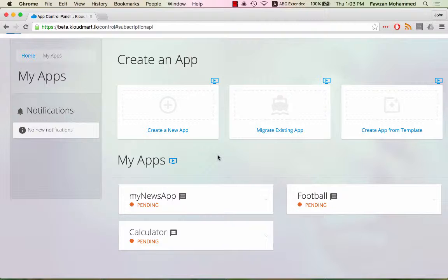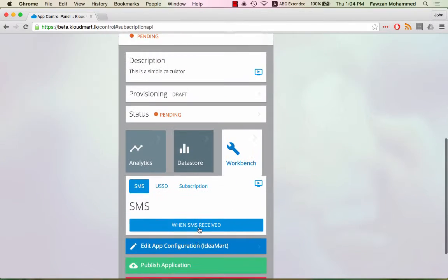Once you create an application in KloudMart, you can develop it and do all the tests you like to do. Once you're ready to publish your app, you need to fill out the provisions. But I strongly suggest you do the provisioning before you develop the apps because it will help you to publish the app quickly. With that in mind, let's go and select our app in the control panel and you